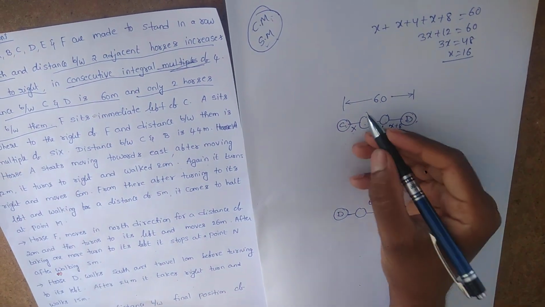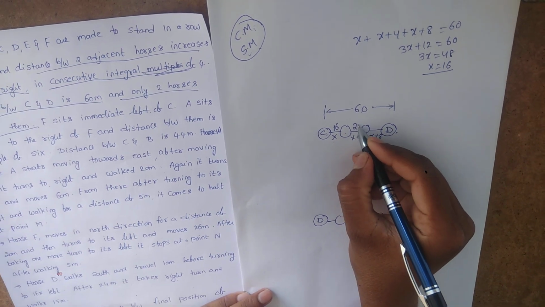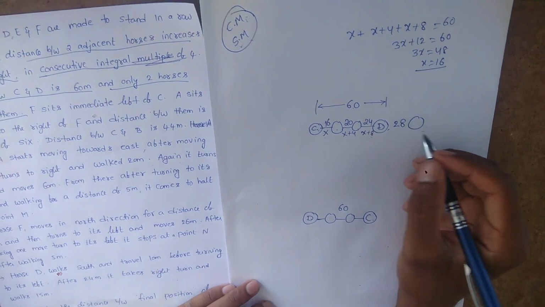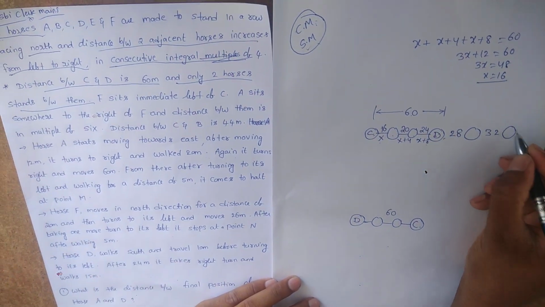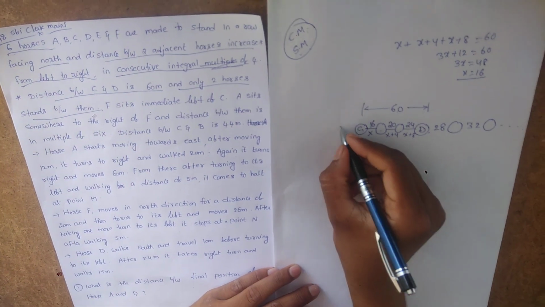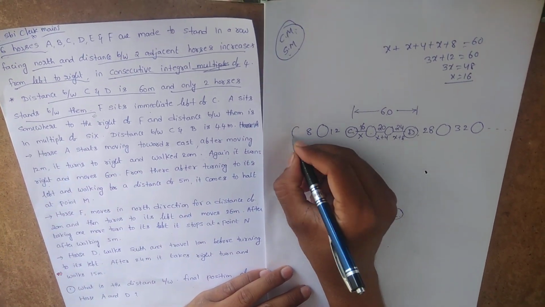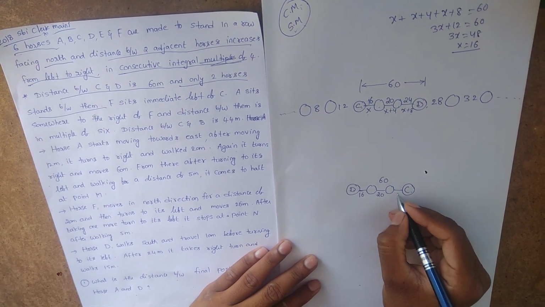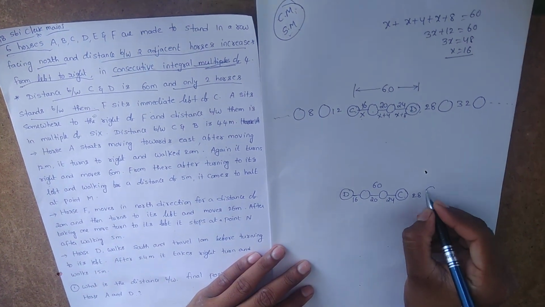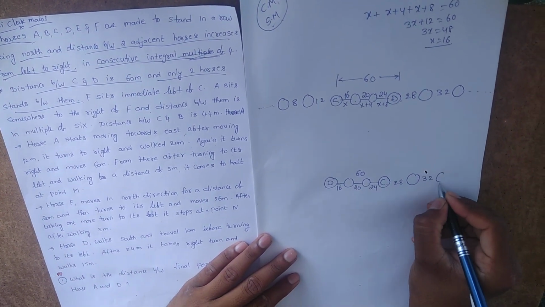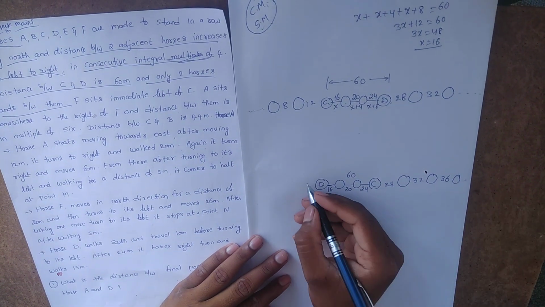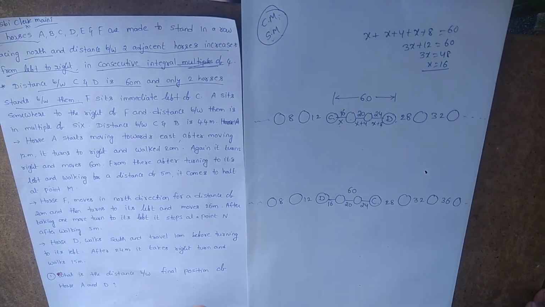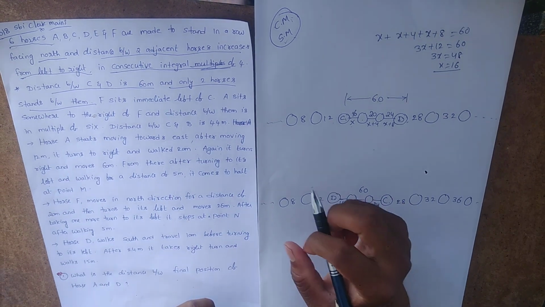So now this distance is 16. The next one is 20, the next one is 24, the next one is compulsorily 28, because it is a successive multiple of 4. Then the next one is 32, then again one horse, and so on. Before 16 comes 12, again one horse, then 8, one horse, and so on. Take here also: 16, 20, 24, the next is compulsorily 28, again one horse, 32, again one horse, 36, and so on. Before it, 12, one horse, 8, one horse, and so on. Friends, once you are able to take these successive multiples, the information becomes easy.